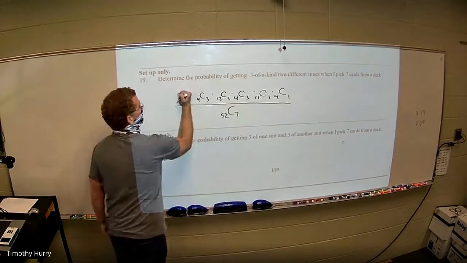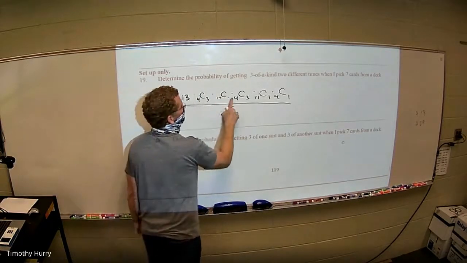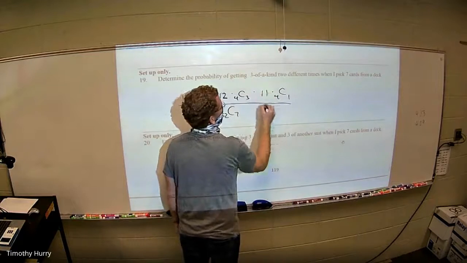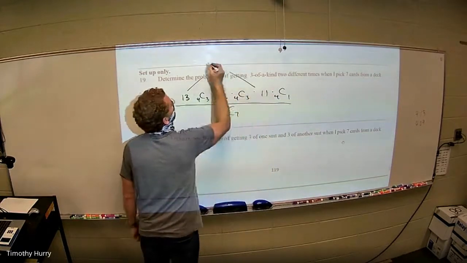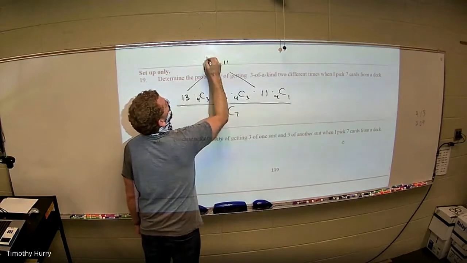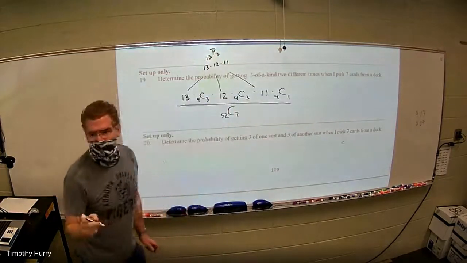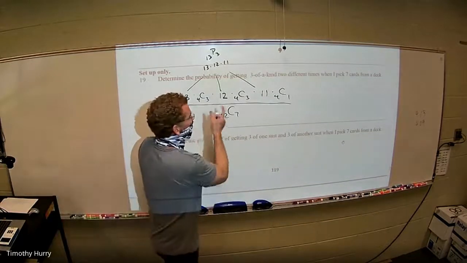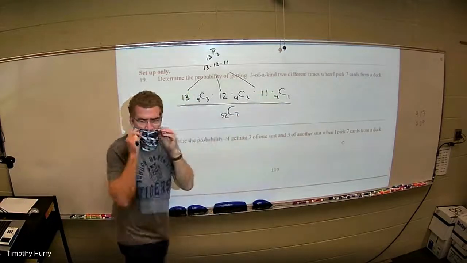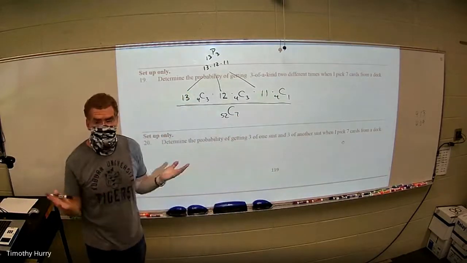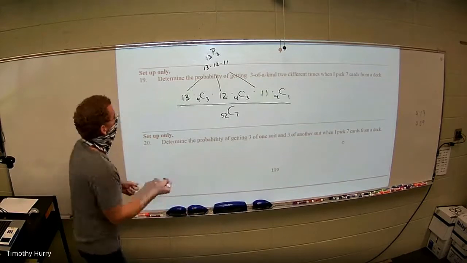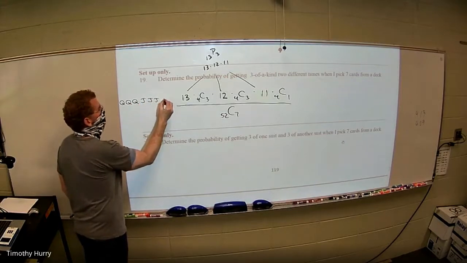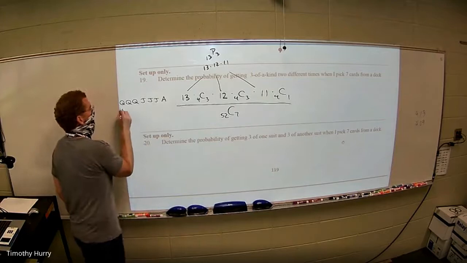13C1, when you simplify it, is that. 12C1, when you simplify it, is that. 11C1, when you simplify it, is that. 13, 12, 11 is the same thing as 13P3. So what you just did was a permutation. What you said was the order in which I pick the 3 of a kind and the 3 of a kind and the 1 of a kind has an effect on the outcome, but it doesn't. Now it might at times, like for instance, queen, queen, queen, jack, jack, jack, ace. That is not different